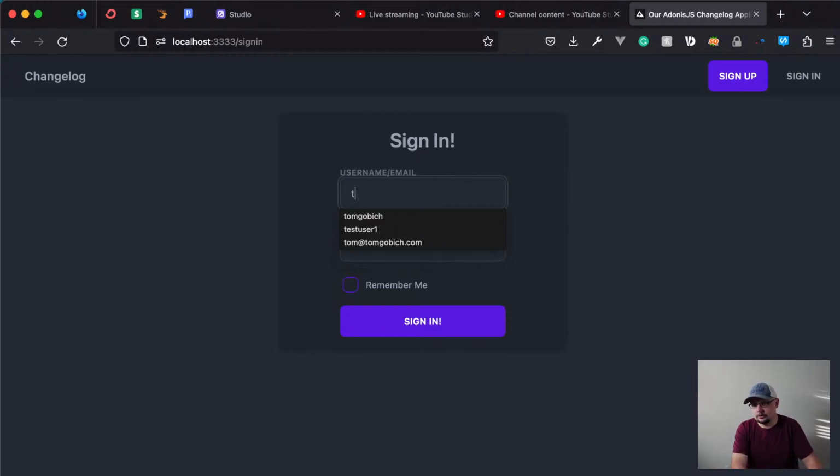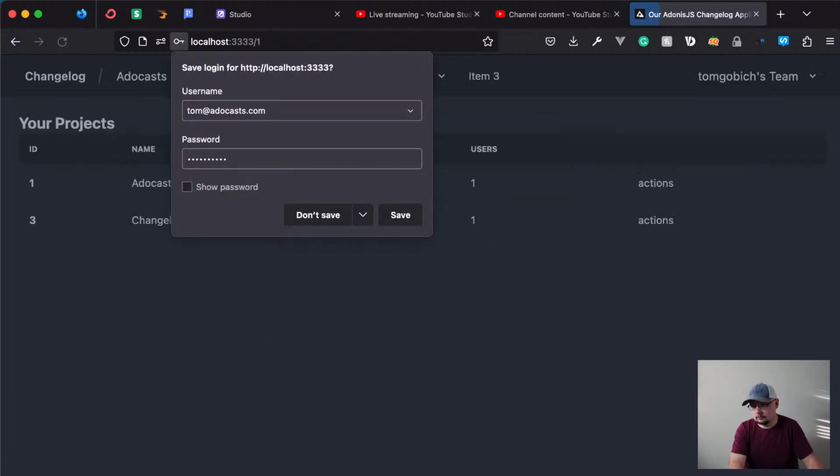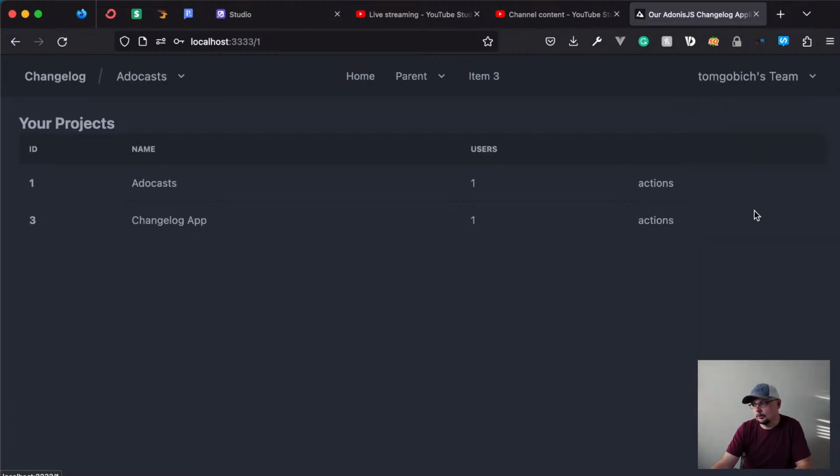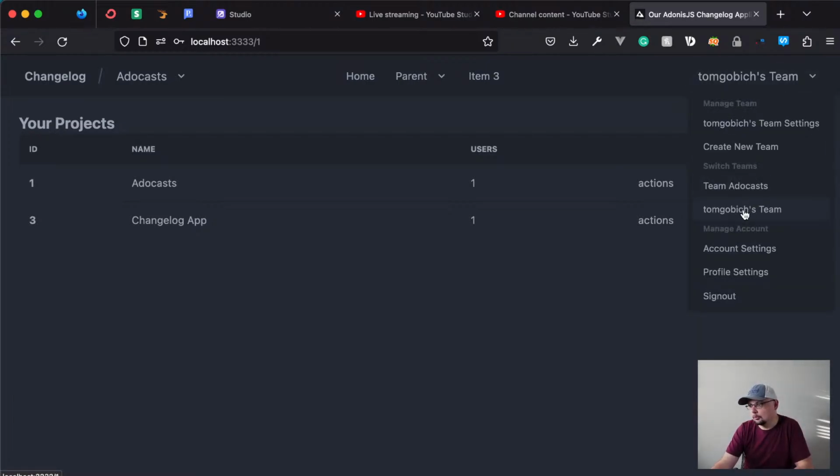So if I were to log in here, let's see. Alrighty, I have two teams. I have Team Atticus and I have Tom Govich's team, which is the default team that was created whenever I created my account. So what we would prefer to be able to do is invite people in so that they can also, if they're admin, manage the team, or if they're just a member, come in and create changelog